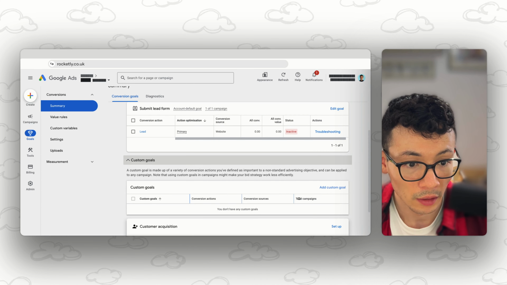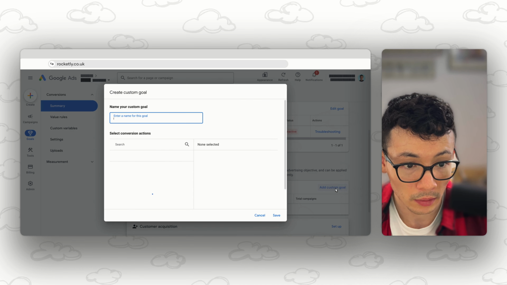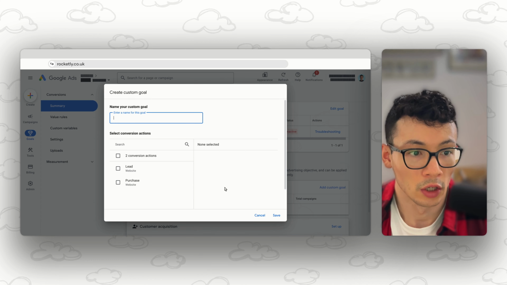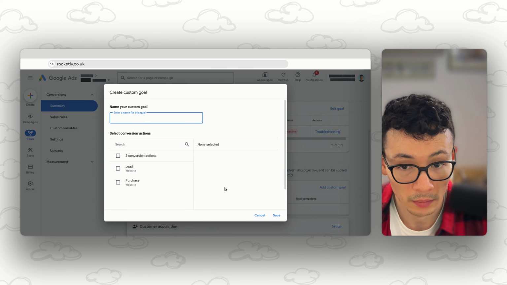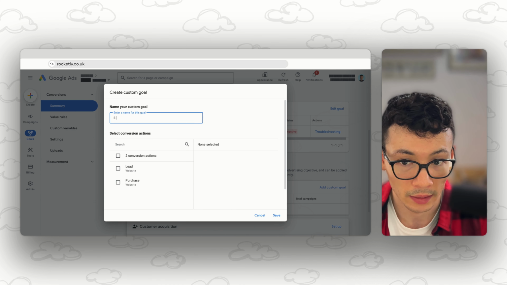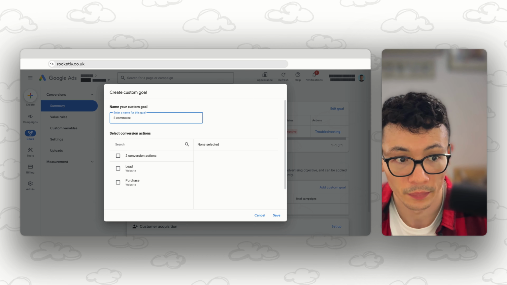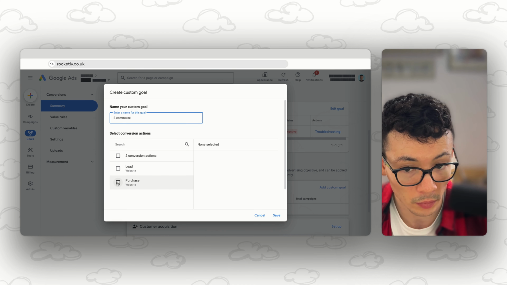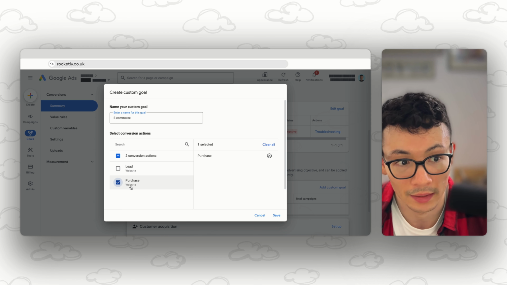If you click on add custom goal, you can give a name for this custom goal. We're going to create a custom goal for purchases only, so we can call this maybe e-commerce. And you select what conversion actions you want to put under this custom goal.